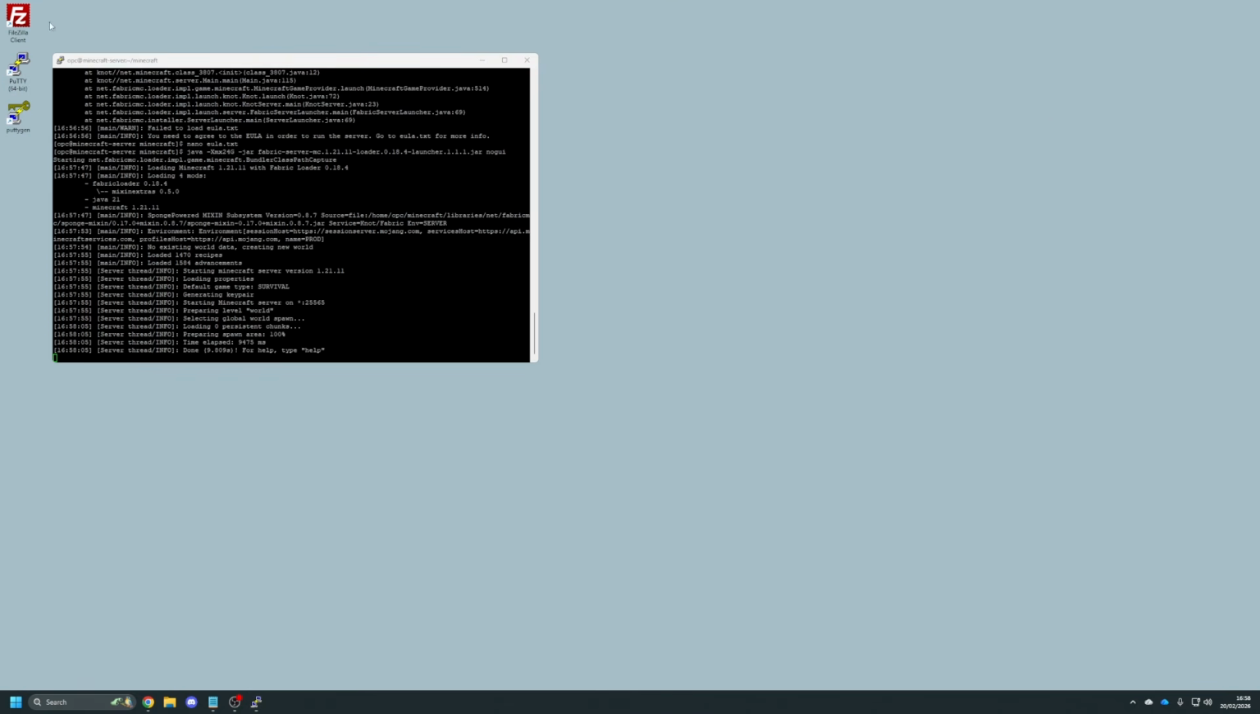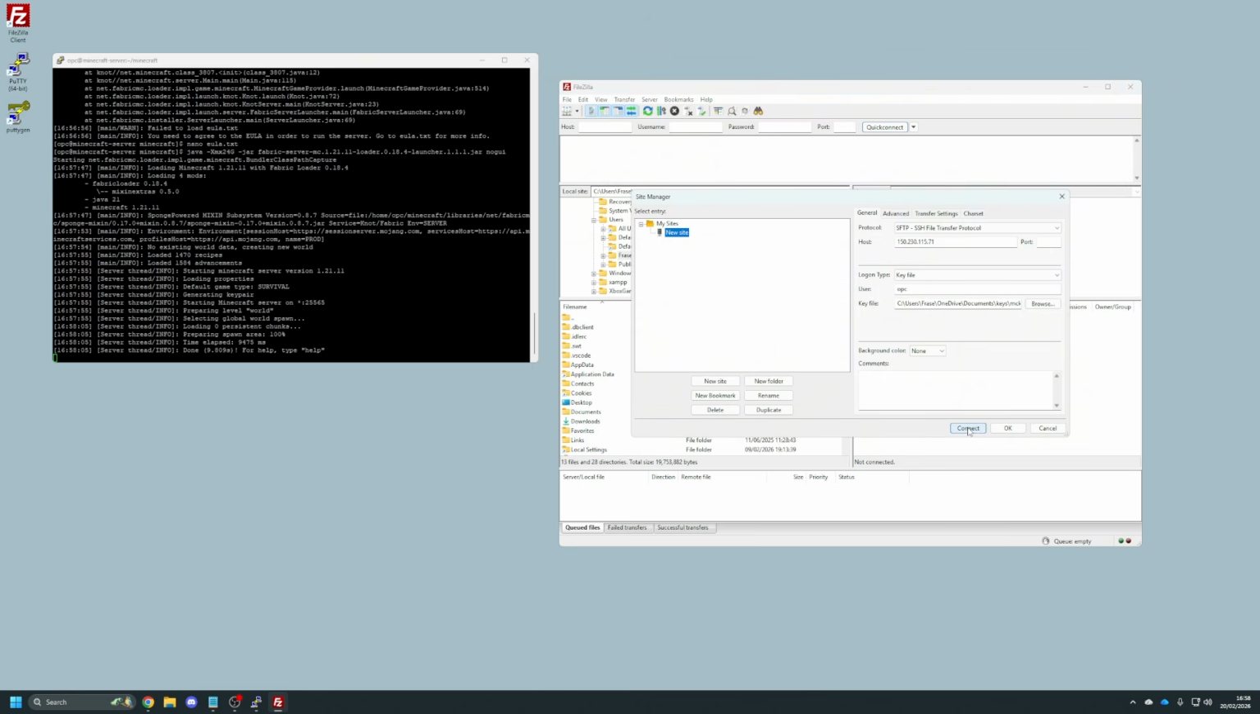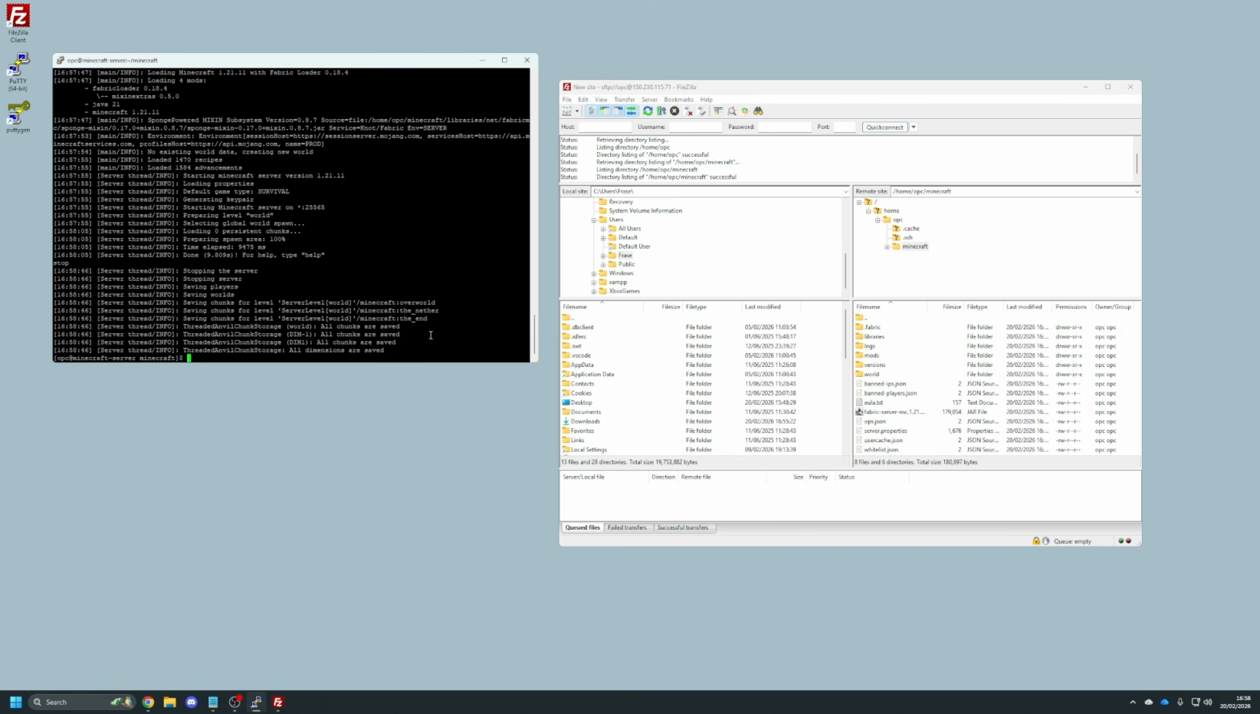So just really quickly, you're going to have to restart FileZilla and then reconnect. Just press connect. And if you go back into your Minecraft folder, you can see all these new folders and files that have been added because we've launched our server and we've created the Minecraft server. So just quickly, I'm going to stop the Minecraft server so that I can show you this. There's one called server properties. So if you type nano server.properties,